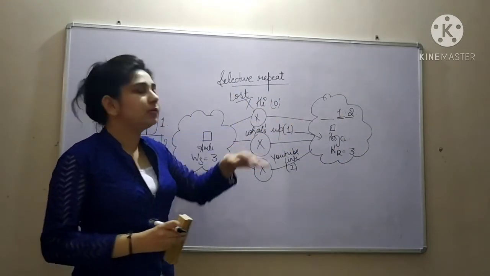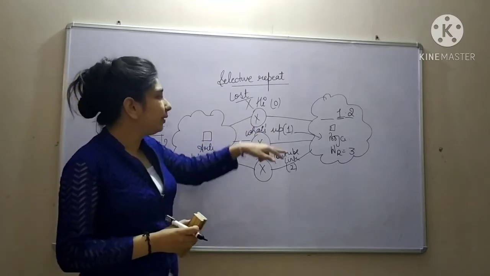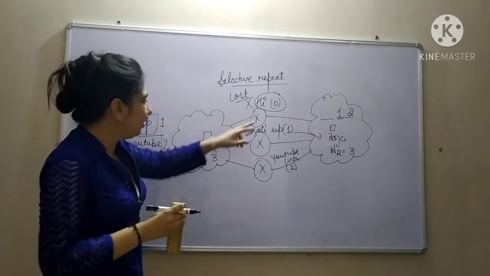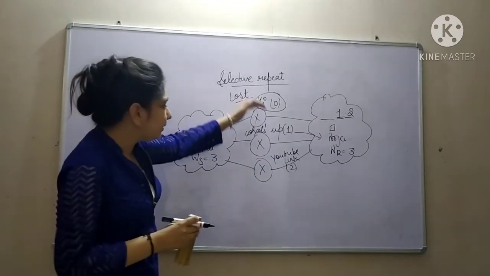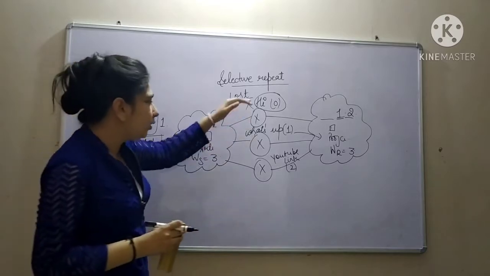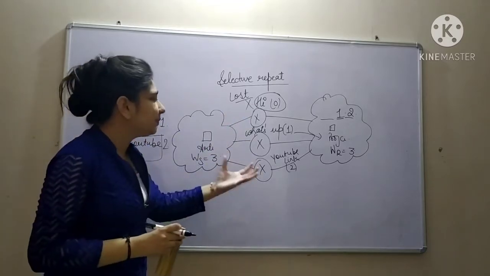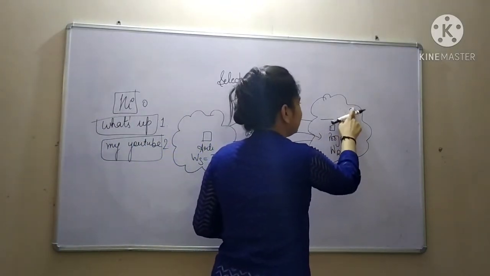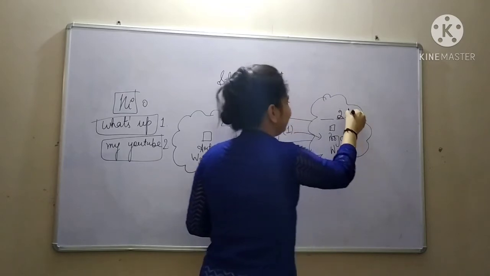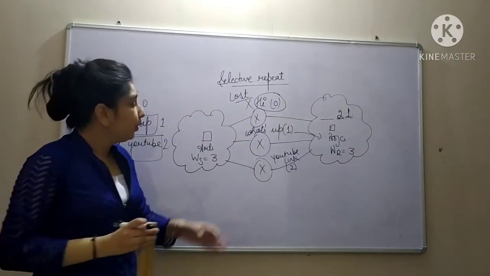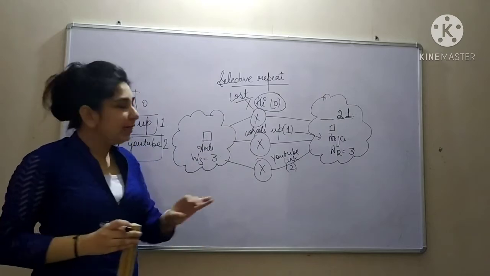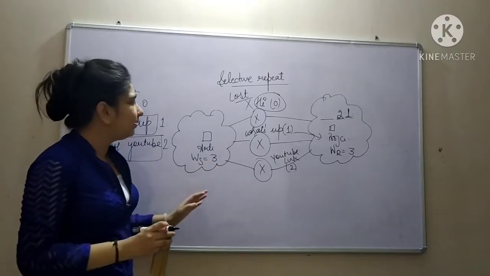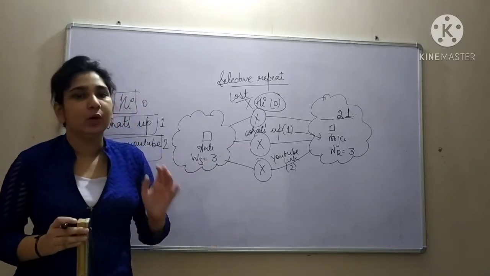This packet which was lost, the sender is going to retransmit only this packet. The entire window, like in Go-Back-N, will not be transmitted. So it is basically out of order. In this case, even if your second message is received first, it will accept that. Then it will accept the first message. So in selective repeat, only the message which was lost is going to be retransmitted, not the entire window like in Go-Back-N.